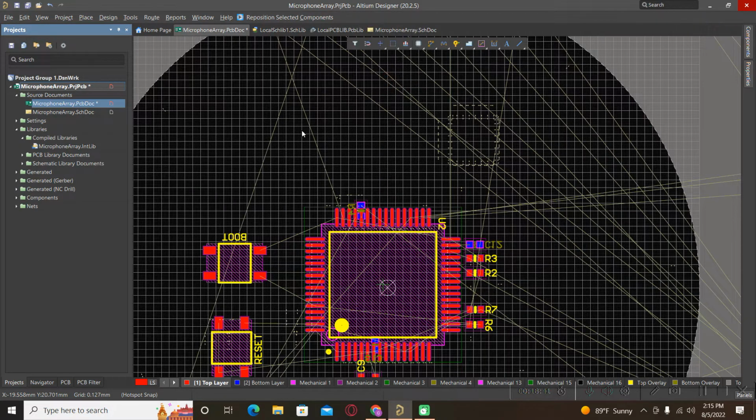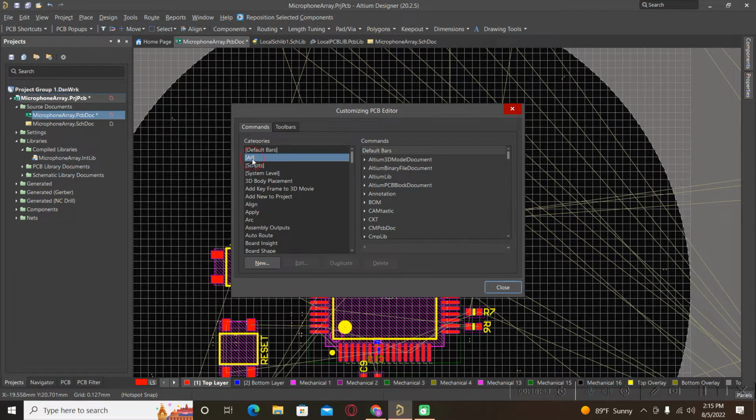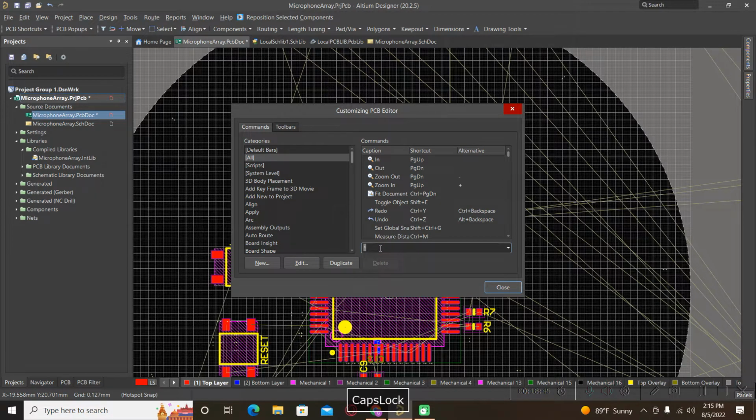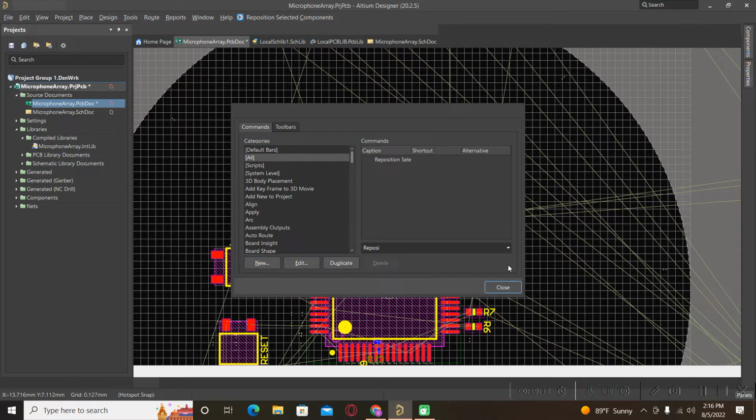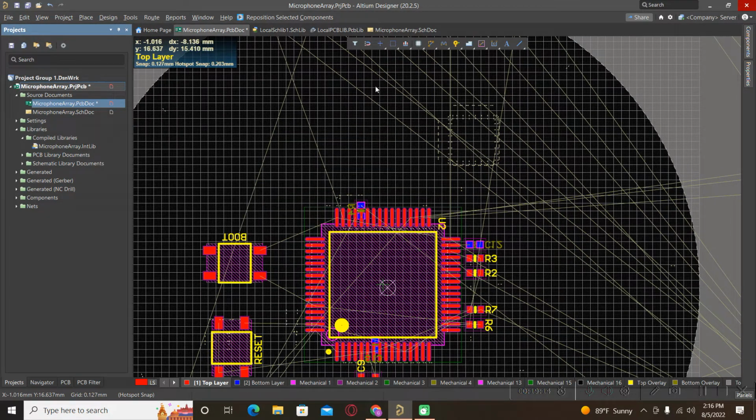Select the customize, all, and reposition selected component. And now with the left click, you can simply take it and put it here on the categories if you want, or you can simply put it here directly on the main tab. You can move one also here, and now when you go back in this tab,